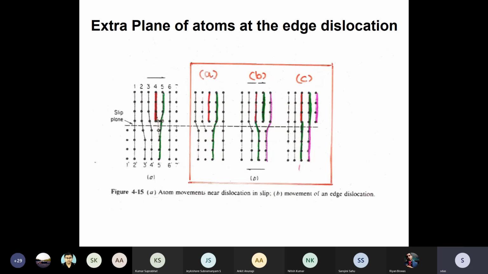Now you please carefully look at this figure. This is an edge dislocation. The extra half plane is the red color. For the sake of clarity, I put the color. I applied shear stress. What happens? You see the lattice is bent around this extra half plane. So when I apply shear stress, what happens? Look at this ABC. This dislocation